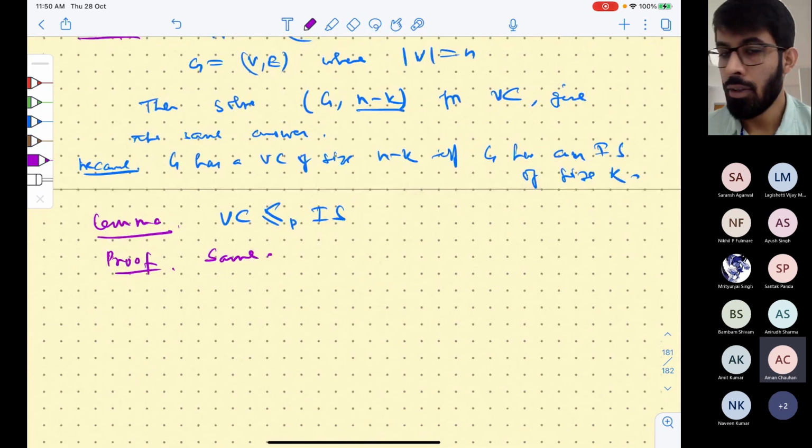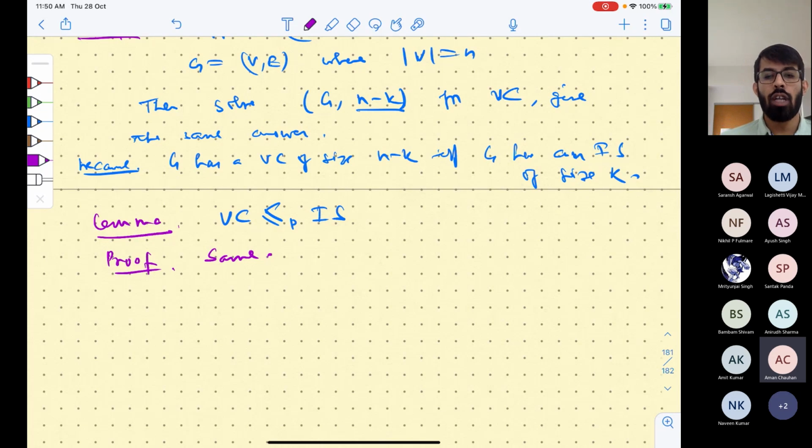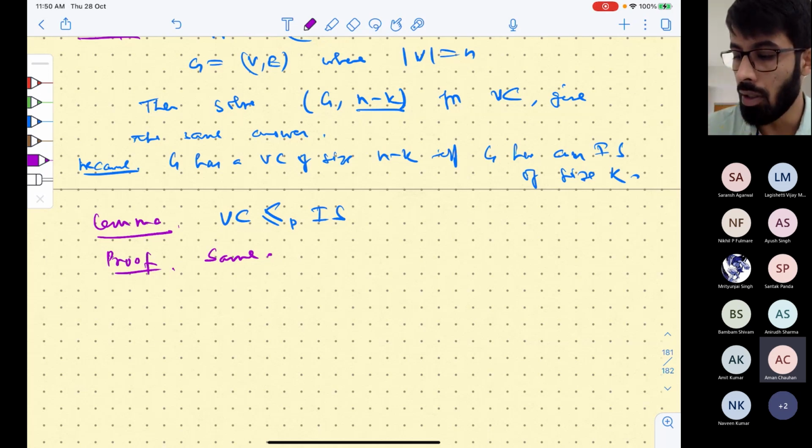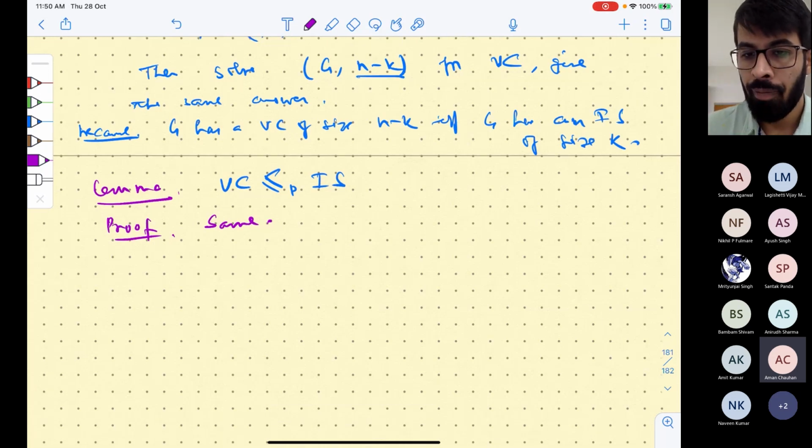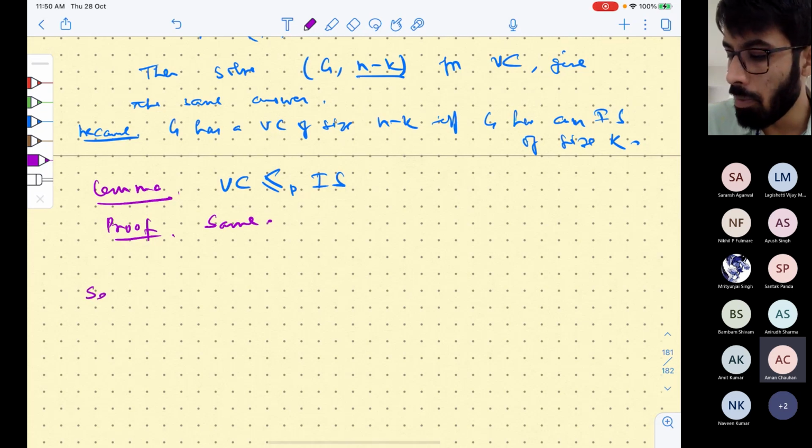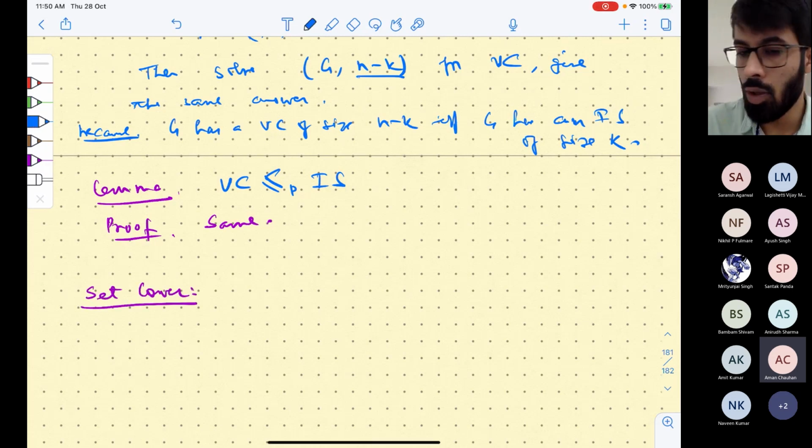So now you know that if independent set can be solved in polynomial time, then vertex cover can be solved in polynomial time, and if vertex cover can be solved in polynomial time, then independent set can be solved in polynomial time. One can be solved in polynomial time if and only if the other can. Similarly, there are other problems, like one called set cover, which is sort of a